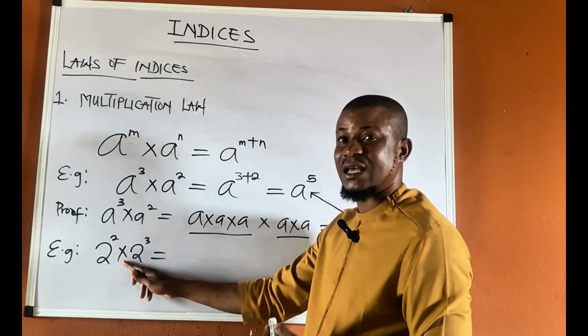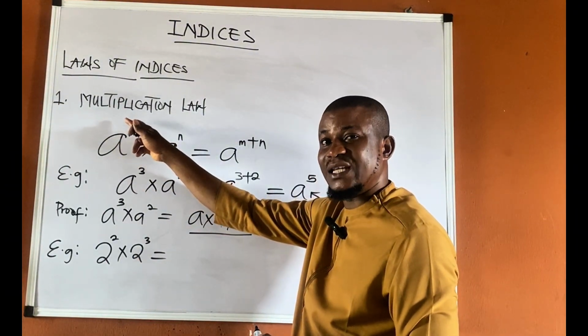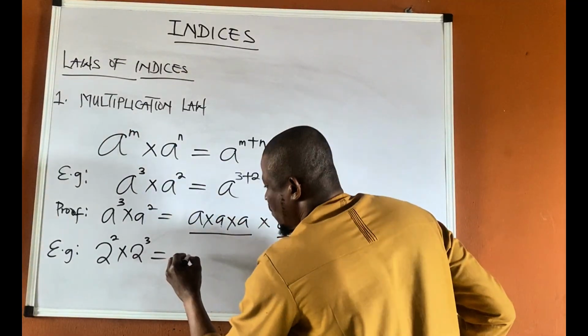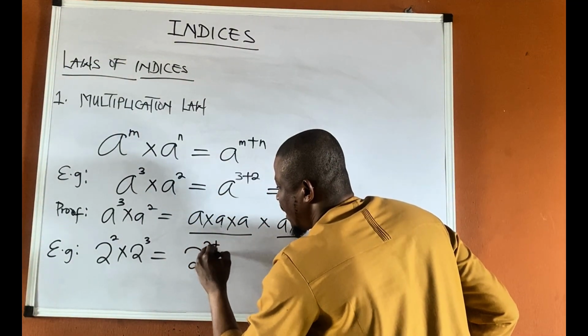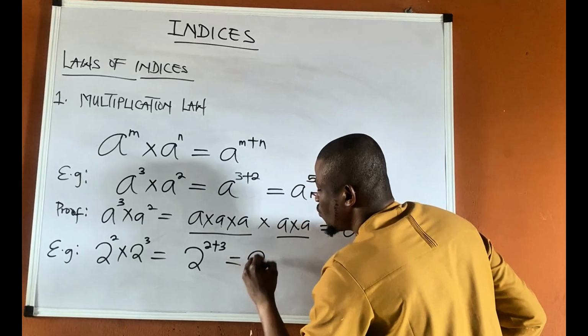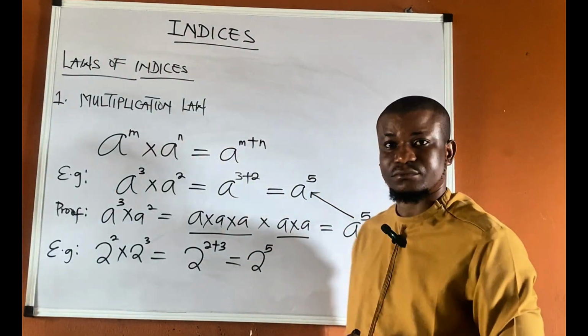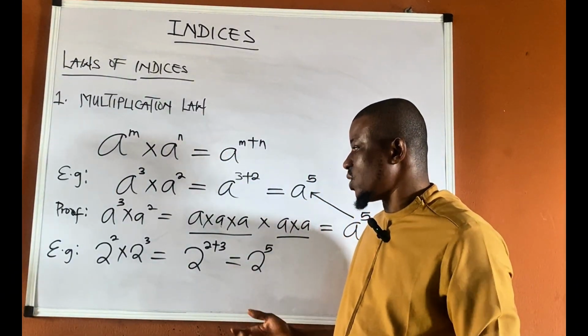The operator between them is multiplication. So we definitely obey the multiplication law of indices. We take one of the base and add the powers. And this gives you 2 to the power of 5. And this is correct because